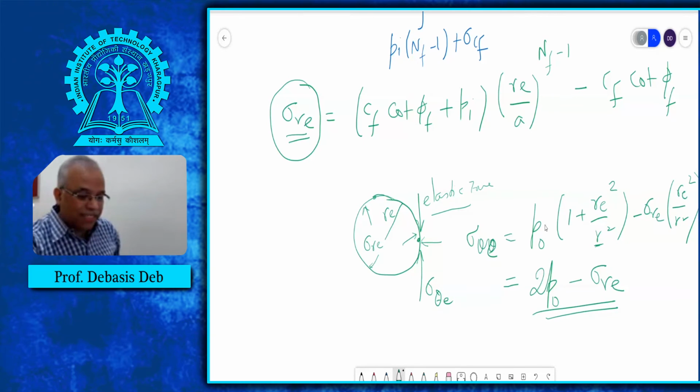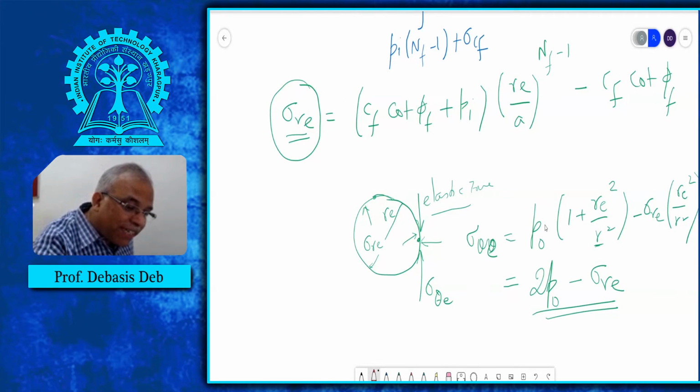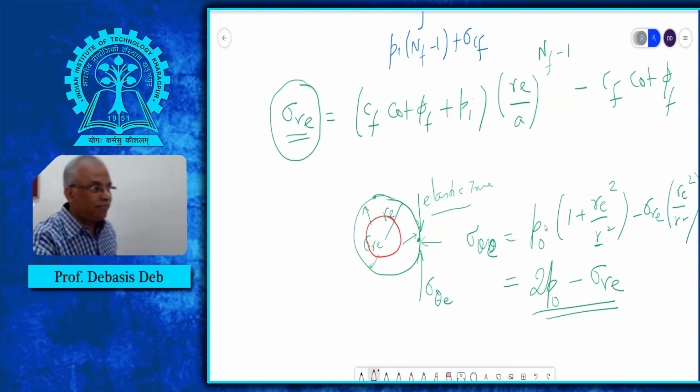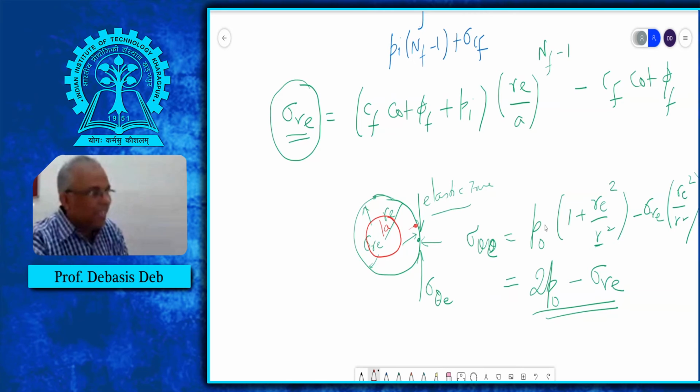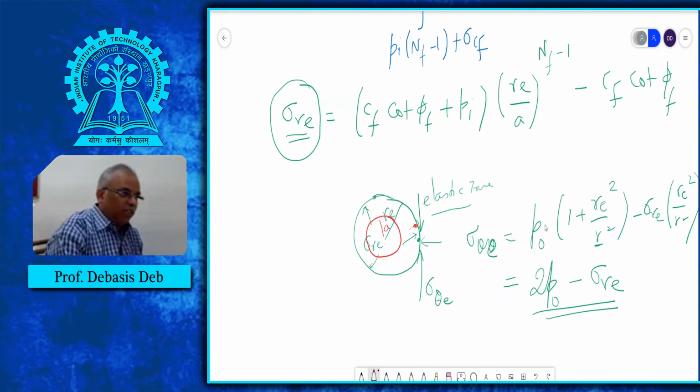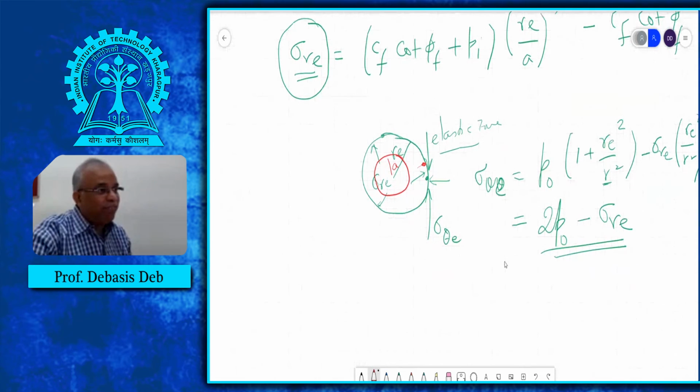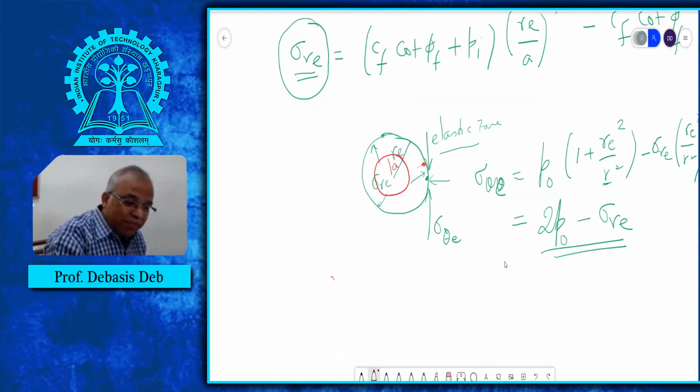Now I see from the plastic side. This was my tunnel, so that was my A. Now the plastic side is here. So from here, if I see what will be the value of sigma theta E from the plastic side, this is already given to us by the Mohr-Coulomb criterion. So I can apply that very well. I can write sigma theta from the plastic side as nothing but sigma CR, I will tell you what is sigma CR, plus NR sigma RE.